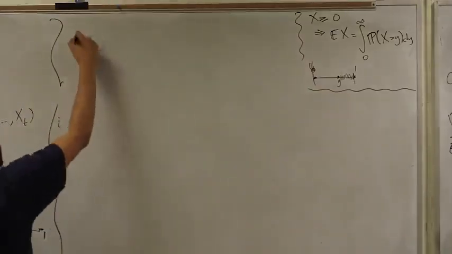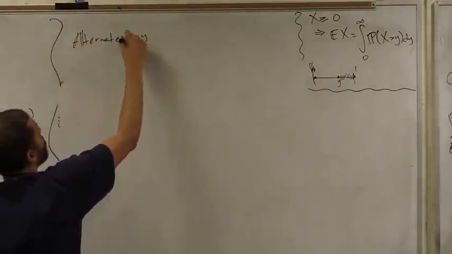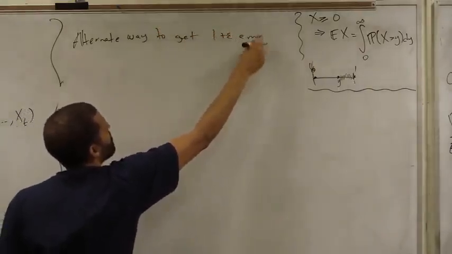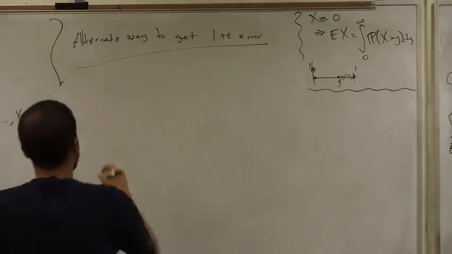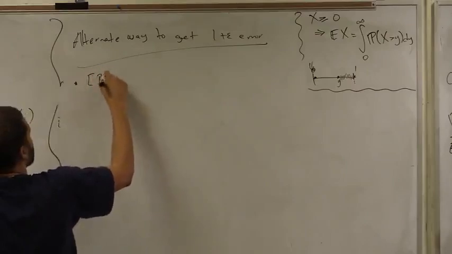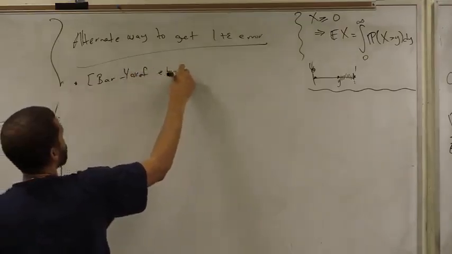First, there's an alternate way to get 1 plus epsilon error, besides averaging. Right there, I just averaged q copies in parallel. Another way to do it, which is actually due to Bar Yosef and others in 2002,